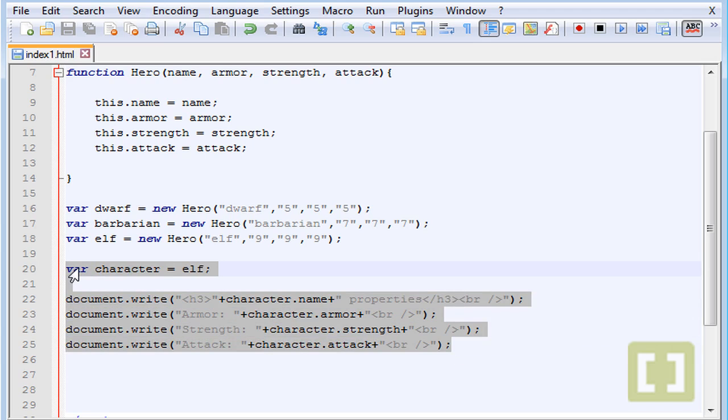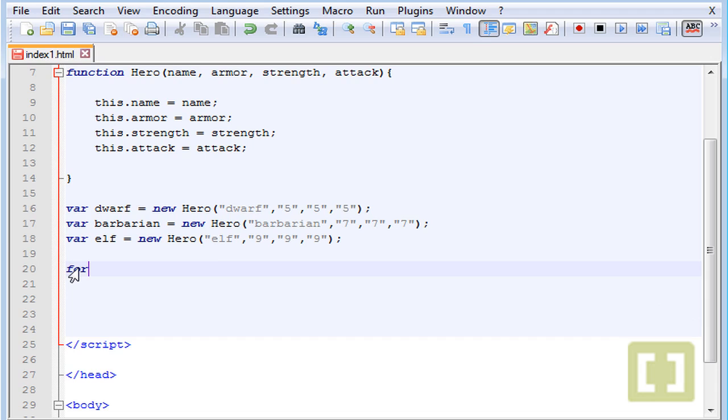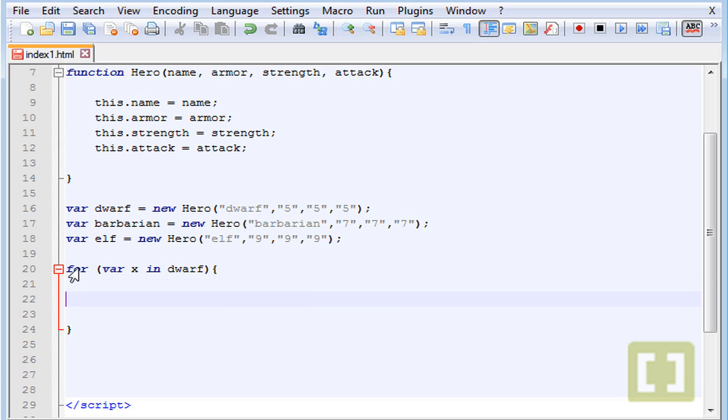Let's delete all this and let's create a for parenthesis. And inside the parenthesis, now you create a simple variable. You can call it whatever you want. I'm going to call it x, var x in, and now the name of the object, or in this case the hero that you want to see the properties of. Let's type dwarf, and now document dot write,